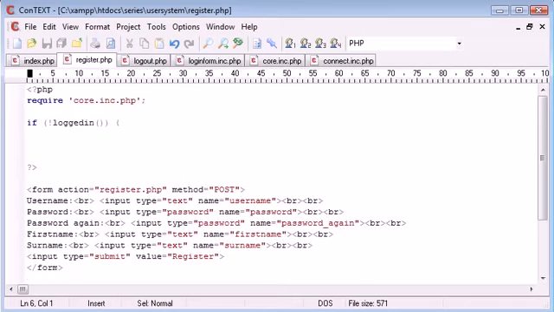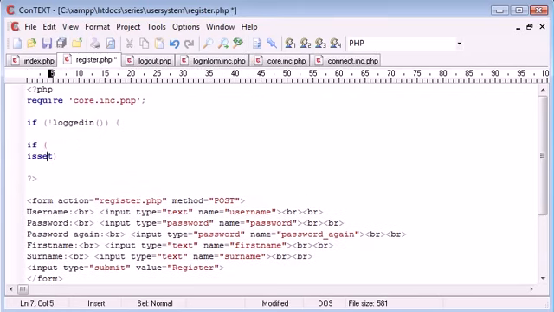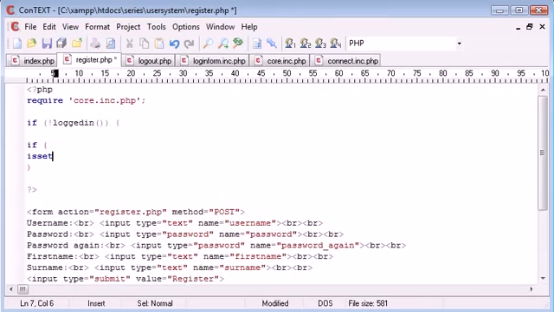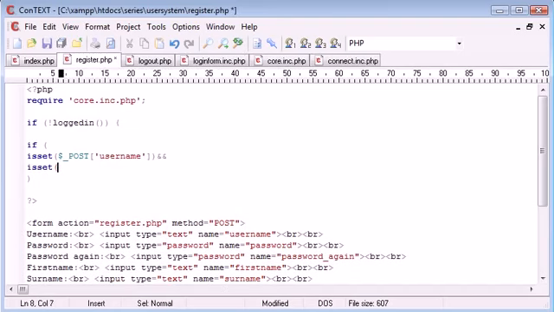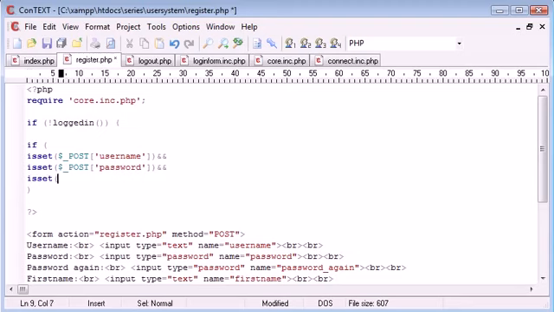So the first thing to do is to check if each form field exists in our form, so if everything's been correctly submitted, and we use the isSet function for this. So if isSet, we can pull this down and it's going to look a bit better for readability. So if isSet $_POST username and isSet $_POST password and isSet